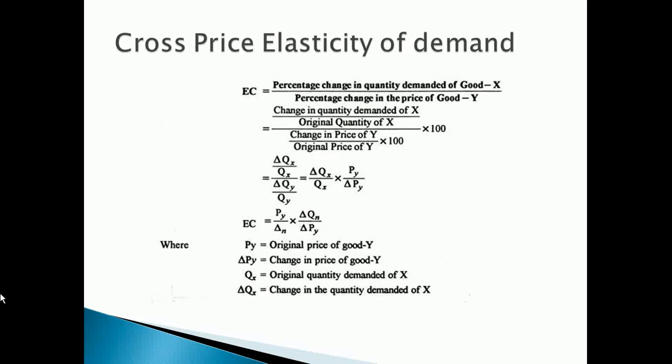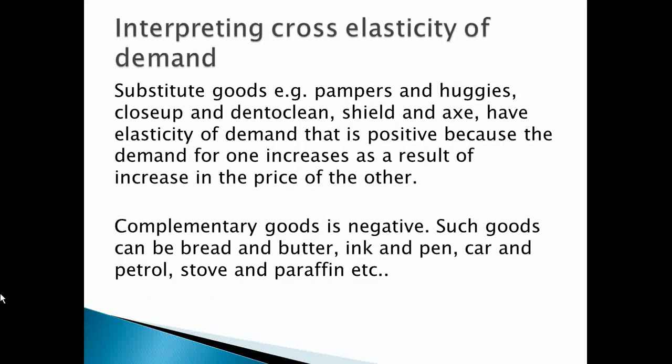Elasticity of supply measures the degree of responsiveness of change in quantity supplied to change in price, similar to elasticity of demand. I have used the percentage method also. I've expressed it in the form of this formula. You can also read your notes for further clarification. We have different determinants of elasticity of supply: spare capacity, stocks, ease of factor substitution, and time period.